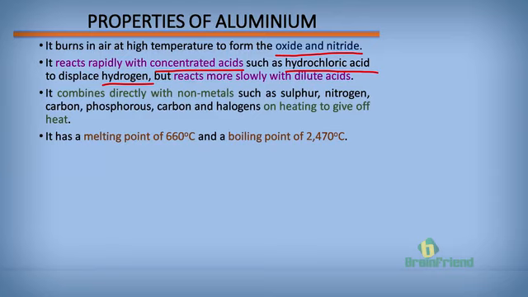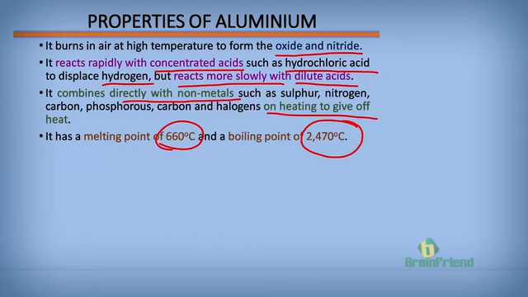So it will form aluminium chloride. But with dilute acids, it will react more slowly. It combines directly with nonmetals such as sulfur, nitrogen, carbon, phosphorus, and halogens, such as chlorine, on heating to give off heat. So when aluminium reacts with nonmetals, it gives off heat. Aluminium has a melting point of 660 degrees Celsius and a boiling point of